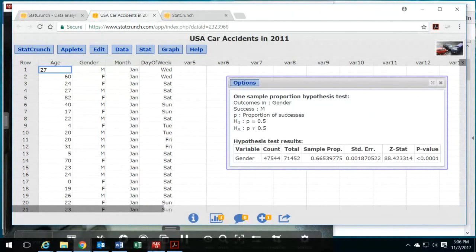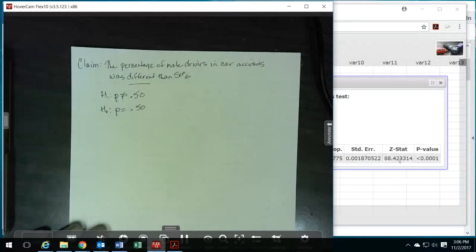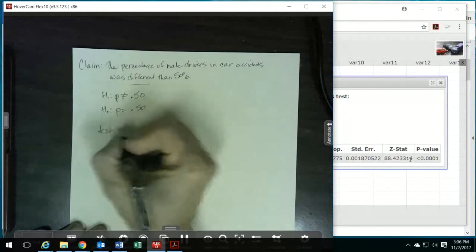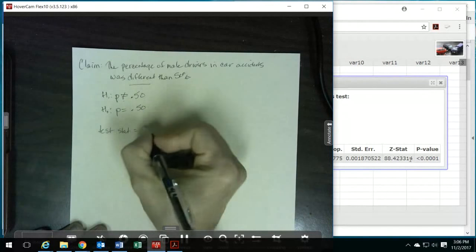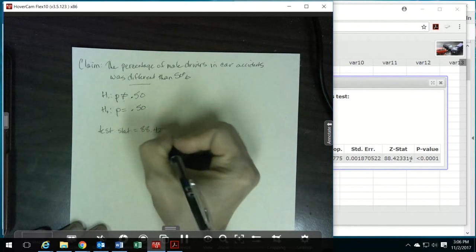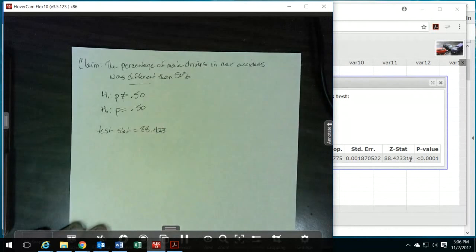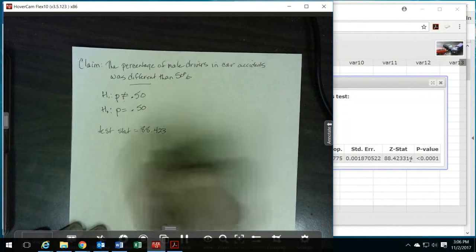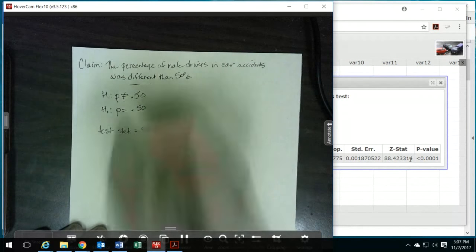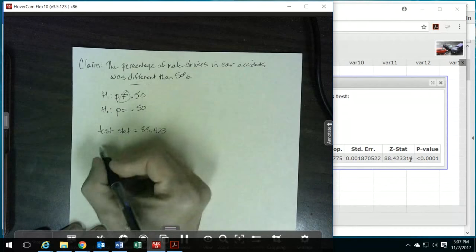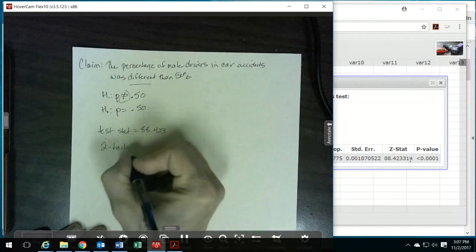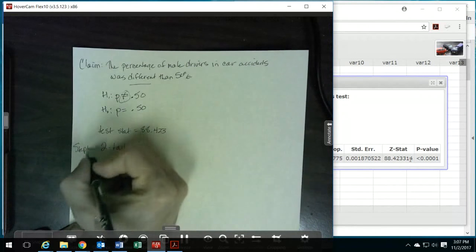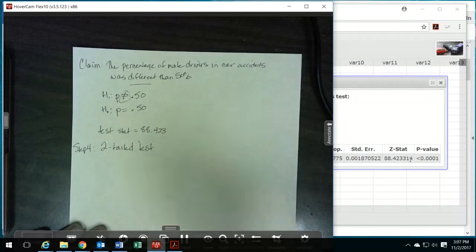And if we recompute this, notice everything still looks the same. So our test statistic is still the same, and our p-value still looks the same. It just says that it's really small. But in actuality, when you calculate your test statistic, because this was a not equal to, that means that we have a two-tailed test. So when you're doing step 4, it's a two-tailed test,